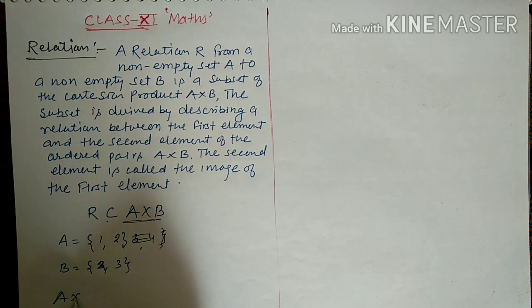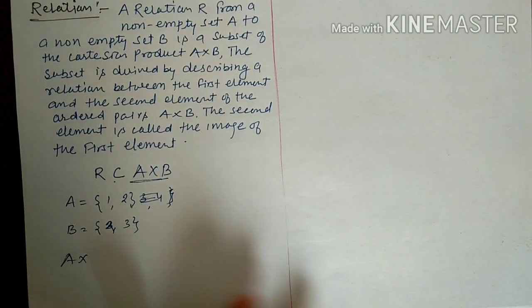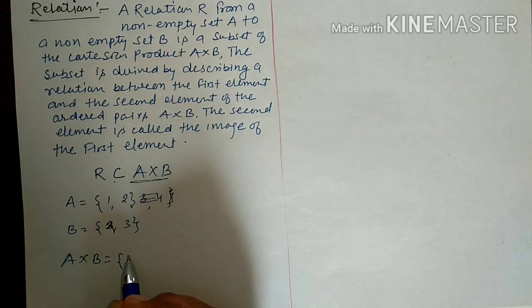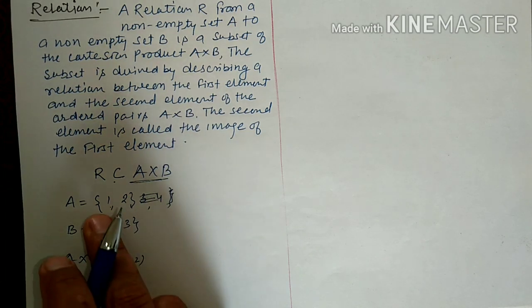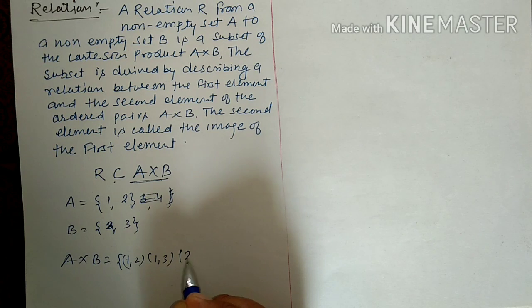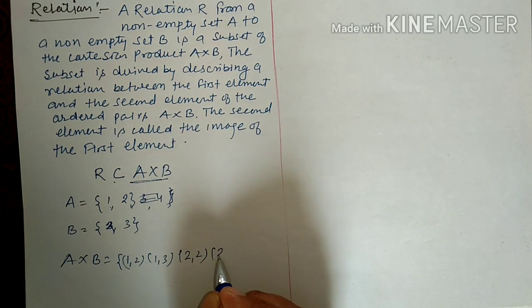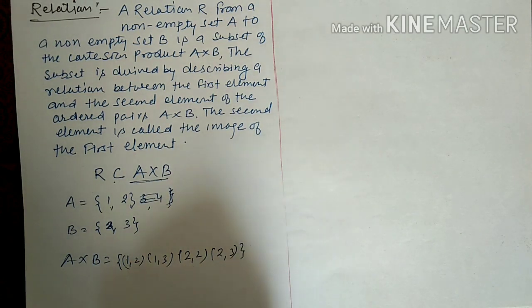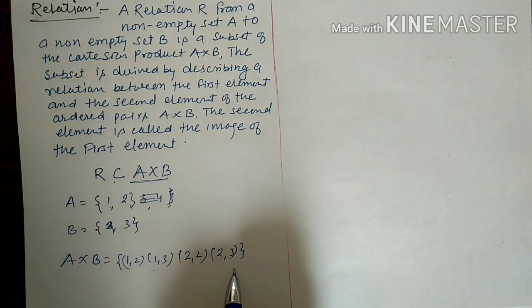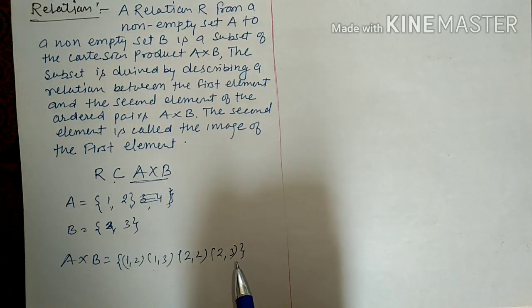So find the Cartesian product A cross B. We know that the Cartesian product is (1,2), (1,3), (2,2), (2,3). Clear? Now in that Cartesian product we will find the elements. The relation between the elements is